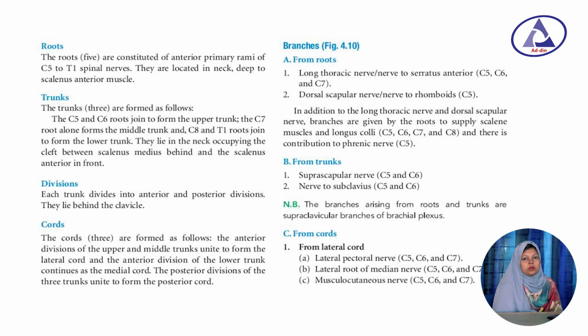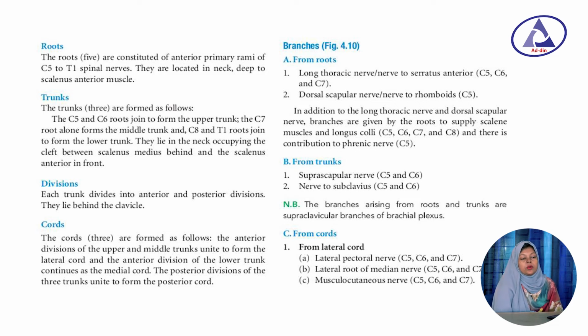Now from the cord, the large nerves come from the cord and supply a lot of muscles. So what are the nerves that come from the lateral cord? The important ones are the lateral pectoral nerve, musculocutaneous nerve and lateral root of the median nerve. Again, lateral pectoral nerve supplies the pectoralis major and minor muscle, musculocutaneous nerve supplies the biceps brachii, brachialis muscle and